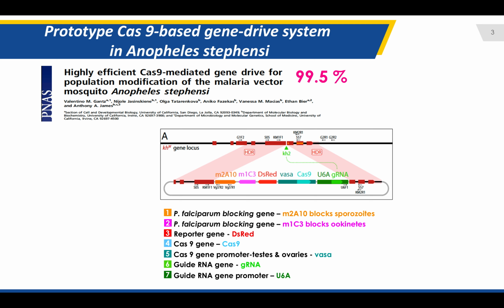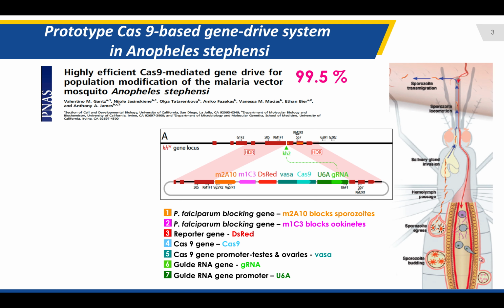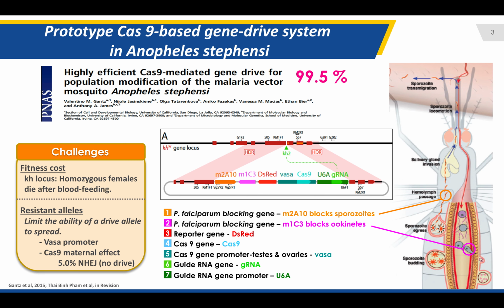On the other hand, the effector part of the system is composed of two effector genes, 2A10, which blocks the sporozoites, and M1C3, which blocks the ookinetes. Although the system was really efficient in driving effector genes into a mosquito population, with an impressive 99.5% of drive,